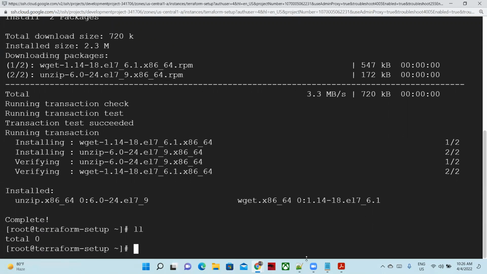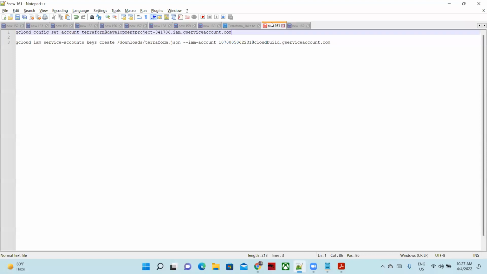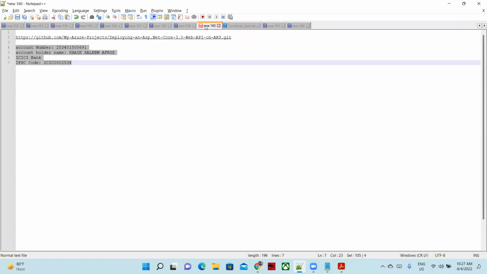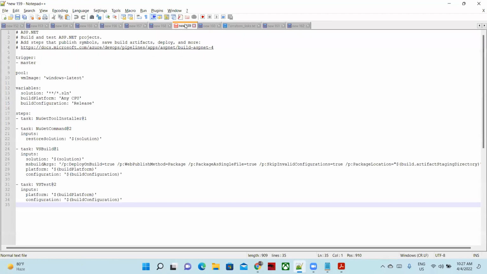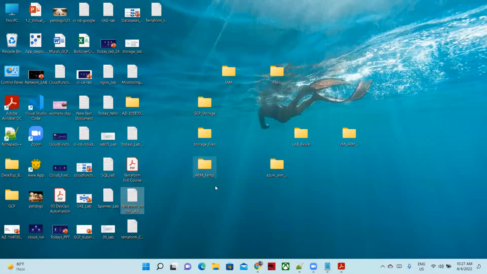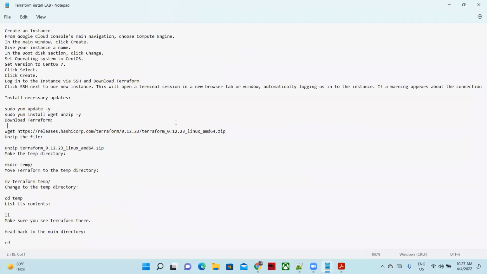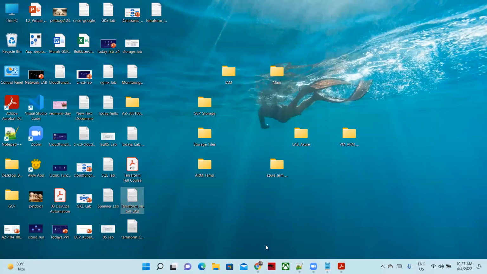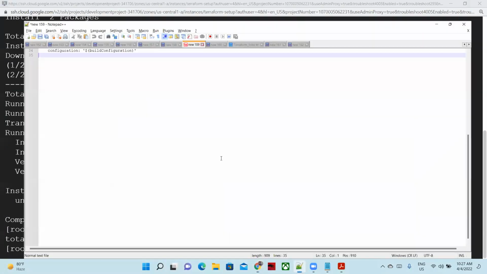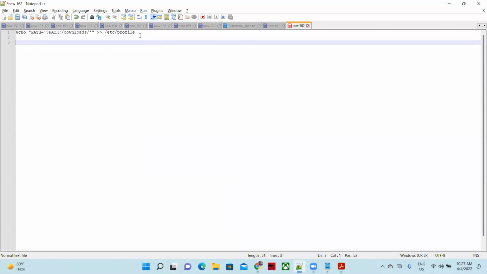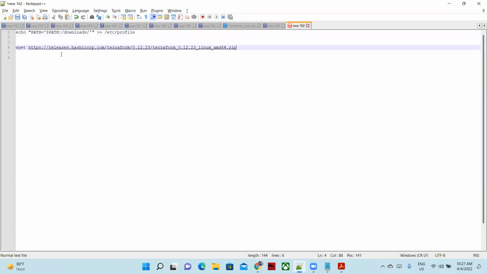Where is my link? My Terraform link. I think I kept it somewhere. This is the Terraform link, guys. Basically, if you want to download your software, it is from HTTP releases HashiCorp. HashiCorp is the vendor of Terraform, so they have given some link. This is the whole internet only. If you go and browse this link,